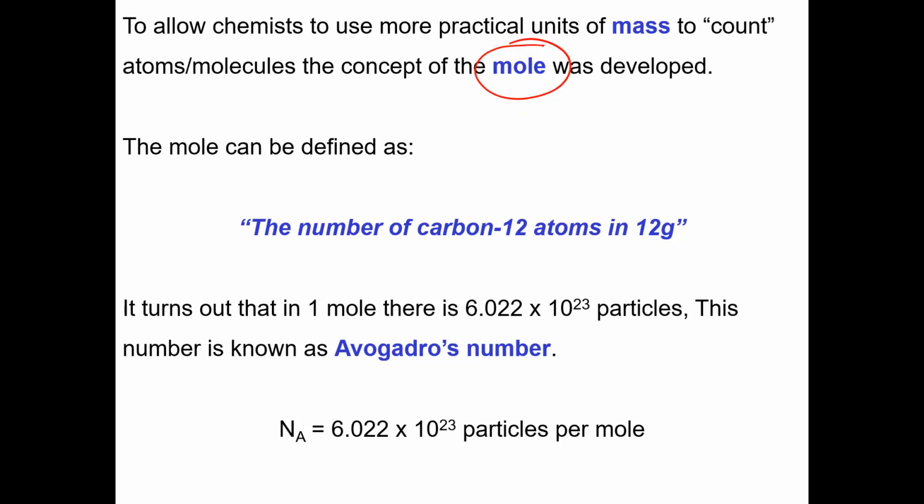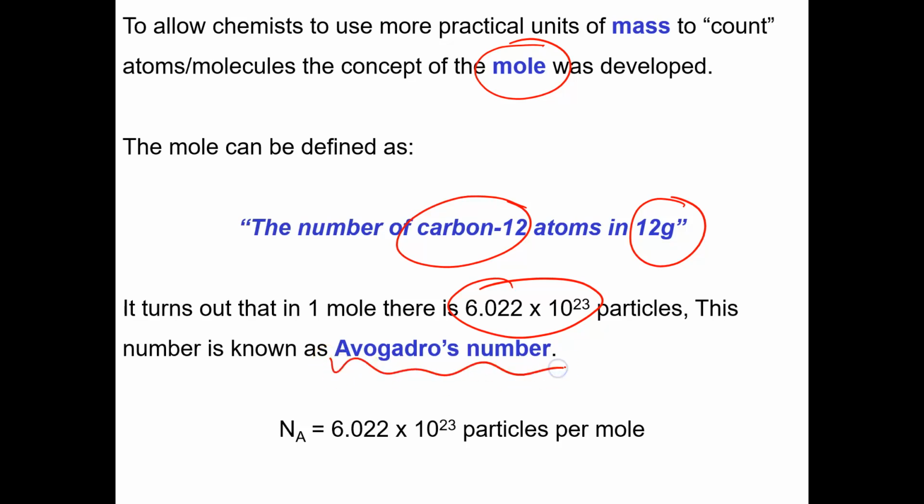And the mole is simply the number of carbon-12 atoms in exactly 12 grams of carbon-12. Now it turns out that this number is 6.022 × 10^23 carbon-12 atoms. And we say that in 1 mole of anything, there is that number of particles. And this number is known as Avogadro's number. It's normally given the symbol uppercase N subscript uppercase A, and it represents the number of particles in a mole